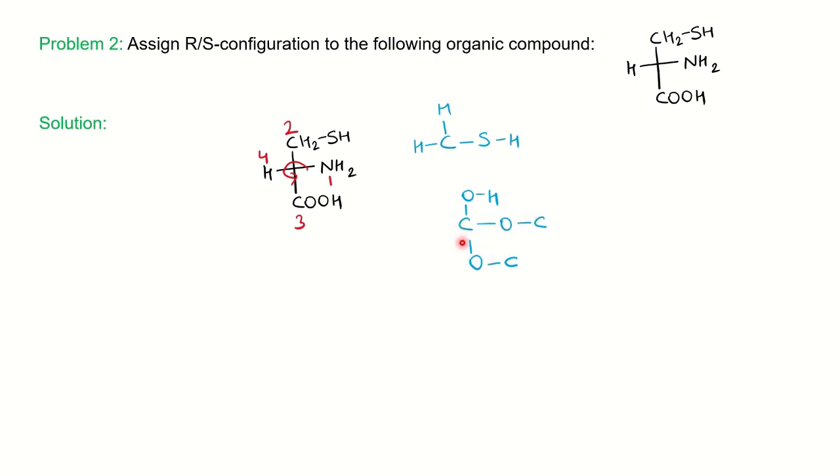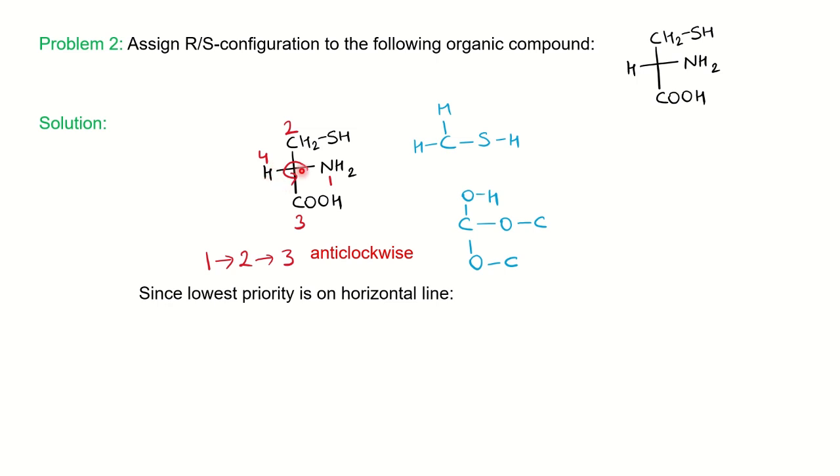Okay, so basically you have carbon attached to the oxygen here. The second highest atom is oxygen here, and the next is sulfur. So sulfur has the higher atomic number and will be given priority 2, and COH will be given 3, and hydrogen as usual the least priority 4. Then we have to go 1, 2, 3. You can notice here it is anti-clockwise and we have the lowest priority on the horizontal line.